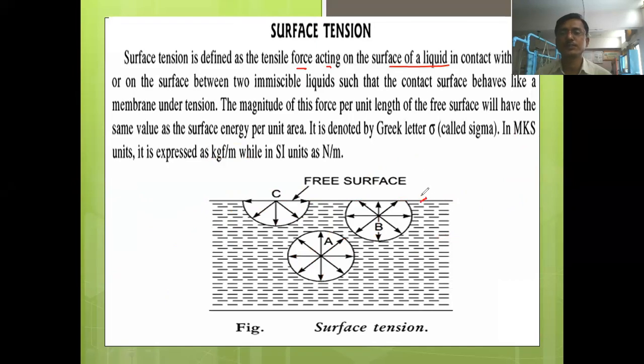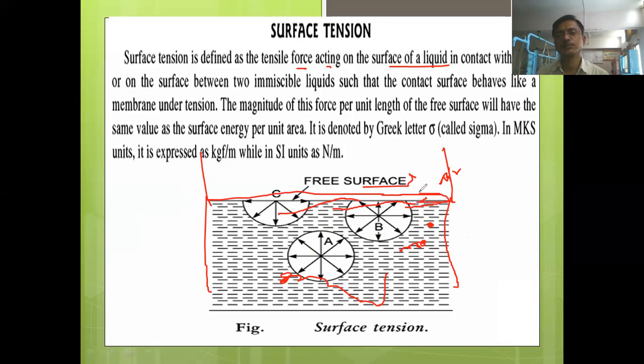Now this is the surface of the liquid. This surface tension force, or surface tension property, is not going to act inside the fluid anywhere else. It only acts on the surface, either this surface or this surface, if it is coming in contact with another liquid or air. Even if there is oil above it, surface tension force will act there, but its magnitude may be different, because oil molecules may have more attractive force as compared to air.